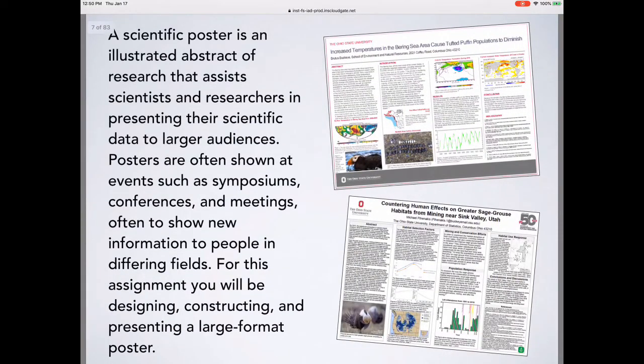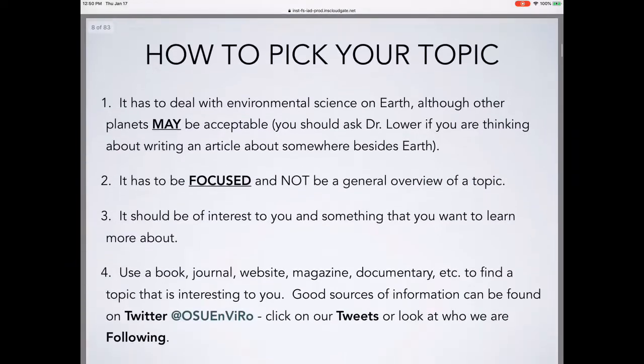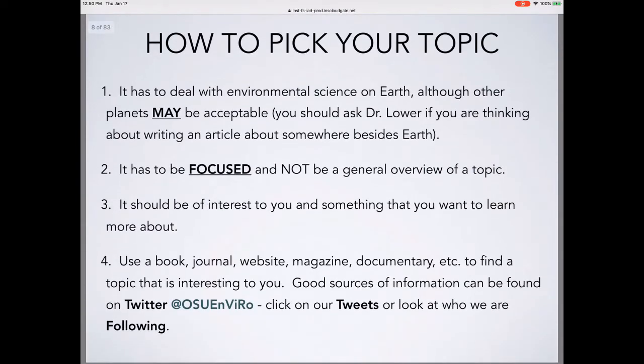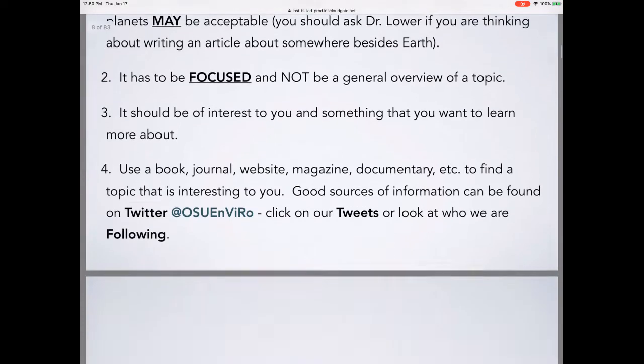on your poster. This is what your final poster will look like, but before we can get here, we have to start thinking about a topic. You should pick your topic. It has to deal with something in environmental science. It has to be focused. It should be something that is of interest to you, and you can start with a book, journal, website, magazine,